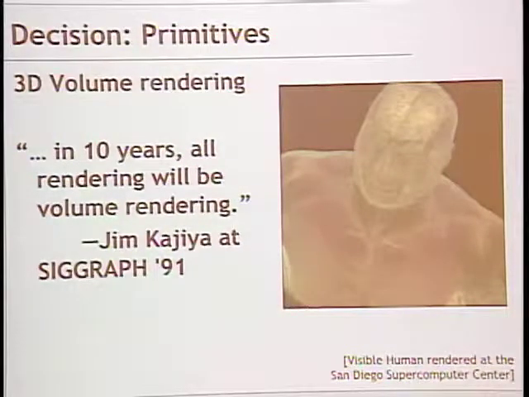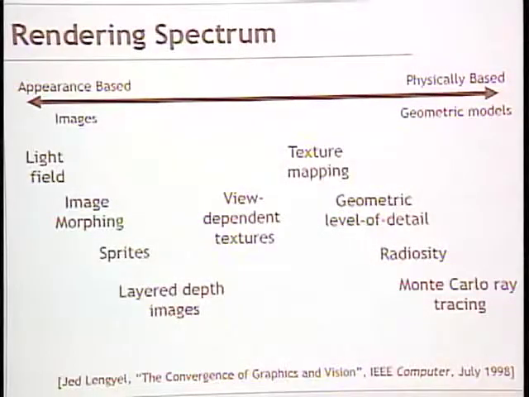Okay, and then I want you to think about the rendering spectrum generally as, not just a couple of discrete points, but rather something continuous. And so this is a very interesting paper. Jed is at Microsoft Research, and what he wrote was about graphics and vision and how they're sort of converging. And so he had a spectrum of going from things that are image-based, appearance-based, and rendering based on that,